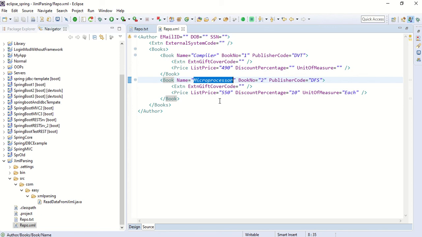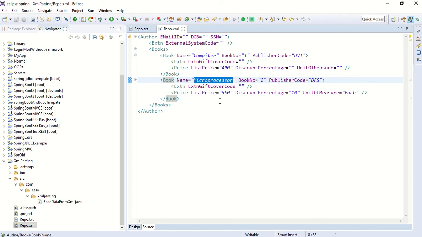Even the sender, who is sending the data, can validate the data before sending, whether he is sending correct data or not. He can also take the XML file, apply XSD on it, and easily figure out whether the data he's handing over to the other application is correct or not. So that's the main advantage.